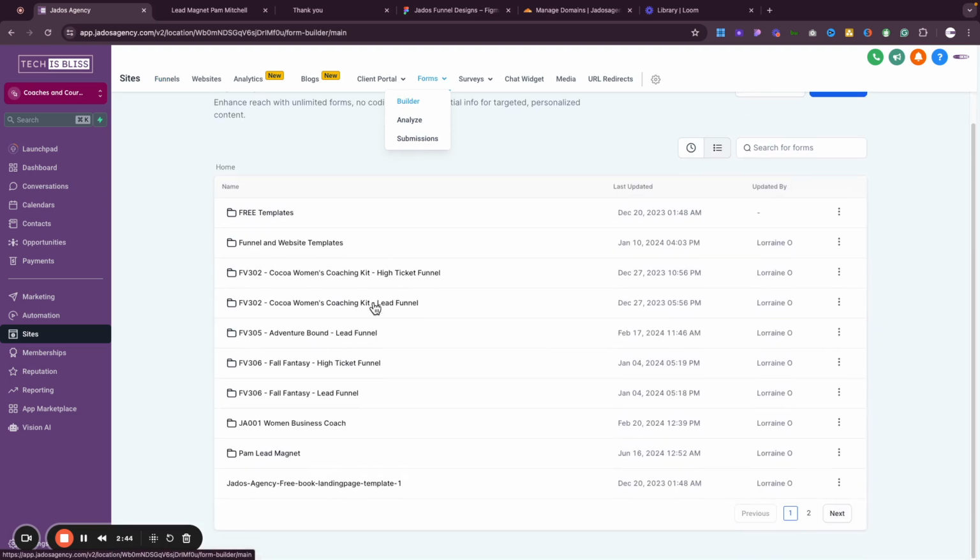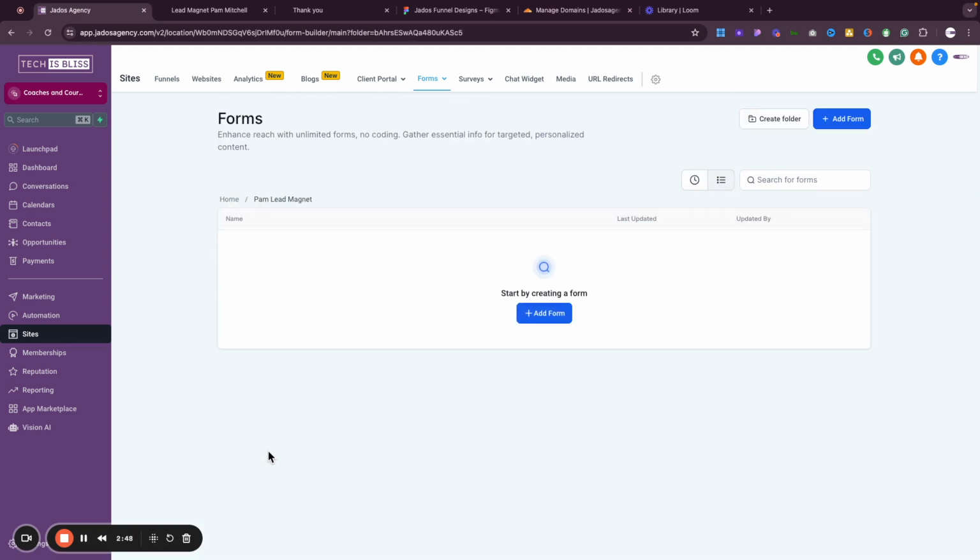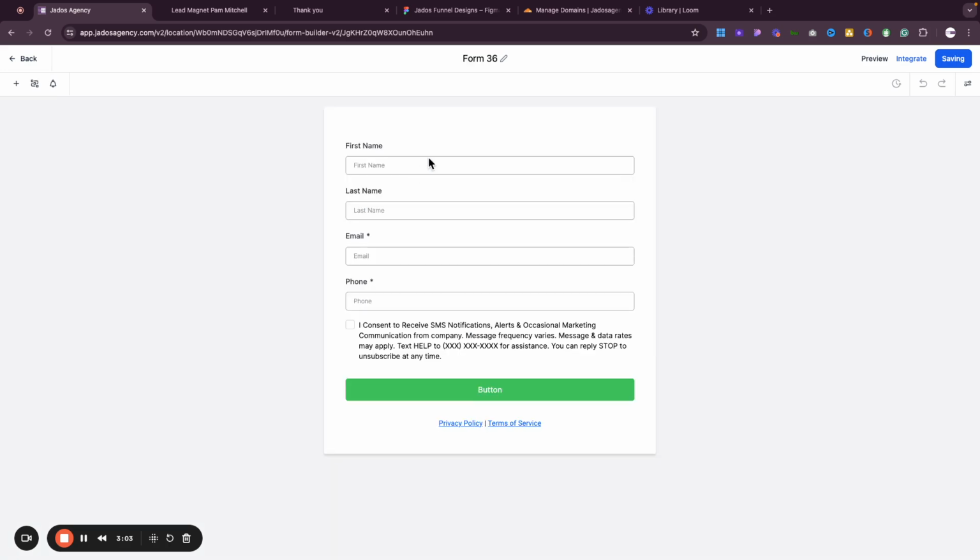Here you can create a new folder, which I've done, so we can distinguish the different forms that we have on the system. I want to create a new form, so let's create a new form from scratch. Okay, so add form. Here the default template will be presented, so let's give it a better name. Palm opt-in form, or just Palm opt-in will do.